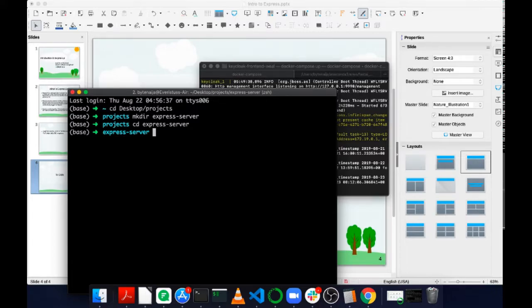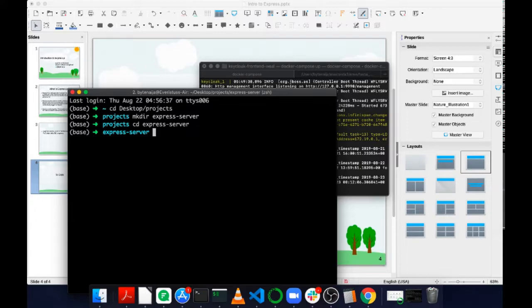There are two ways to actually implement an Express server or create an Express application. Number one, you can use the Express generator, which will configure everything you need for you. Or two, you can manually do it, create your own folders, create your own files, and then serve your files. We'll be going the manual route in this